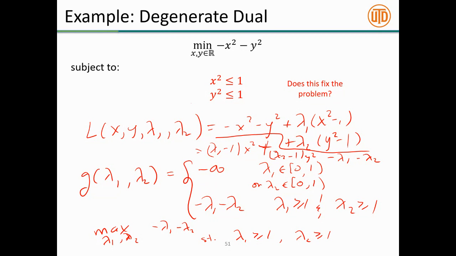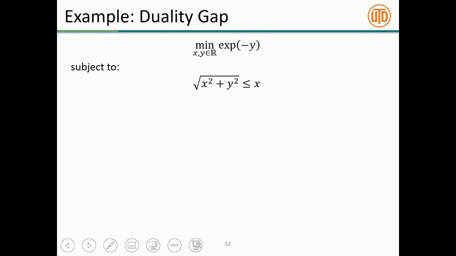Again, it's a relatively simple example, but it just serves to illustrate some of the things that can happen in more complicated scenarios, where things run off to negative infinity, et cetera. So this is a little different than what we were doing before, straight up taking derivatives and solving. Here, we had to use a little bit of algebraic reasoning to figure out what the solution is. No questions? Okay, let's move on to another example.